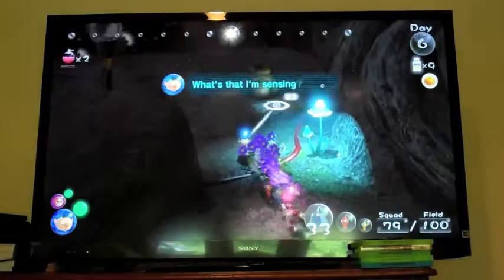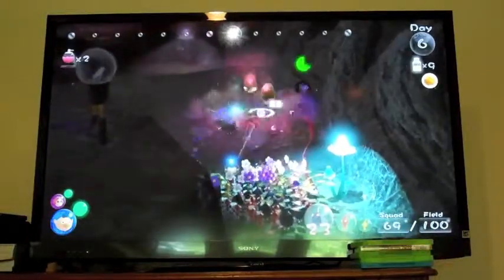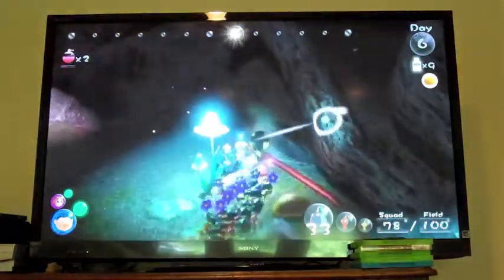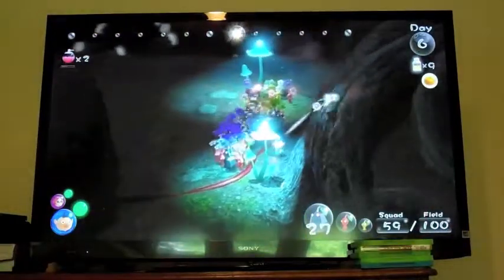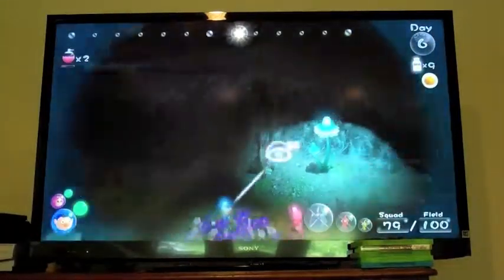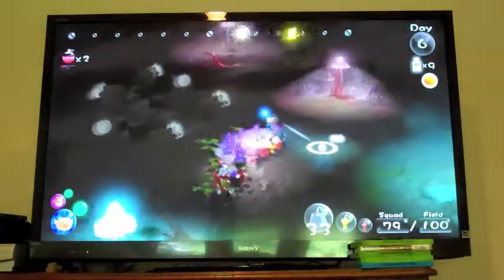But wait, what's that I'm sensing? He senses a disturbance in the forest. So we're gonna kill that thing. And this thing gives off some nectar, actually. What we're going to want to do here is make this climbing stick. But first,